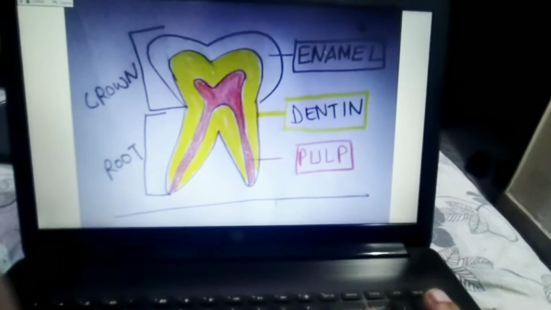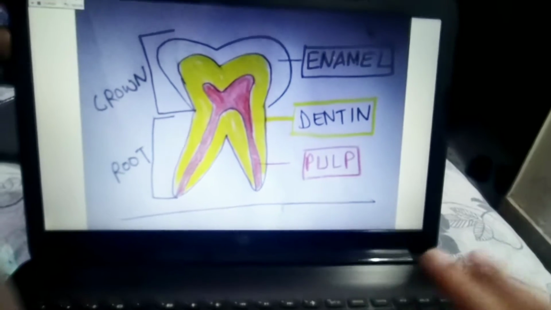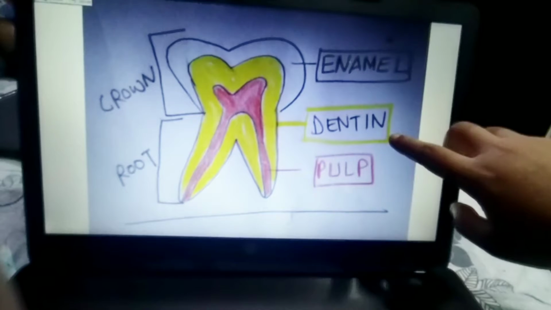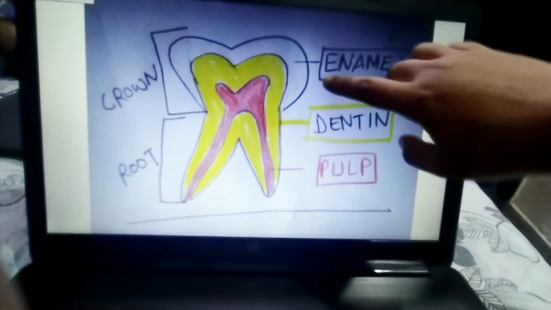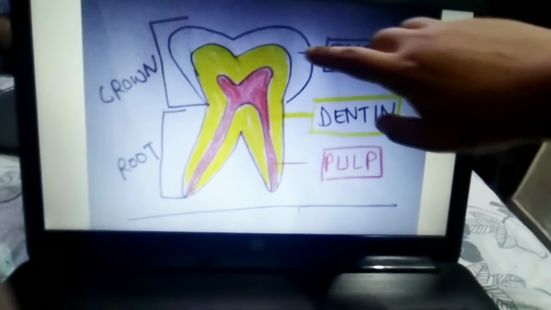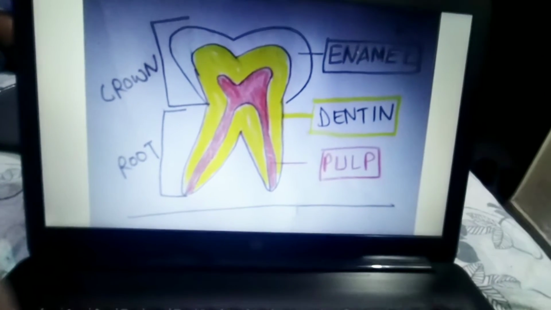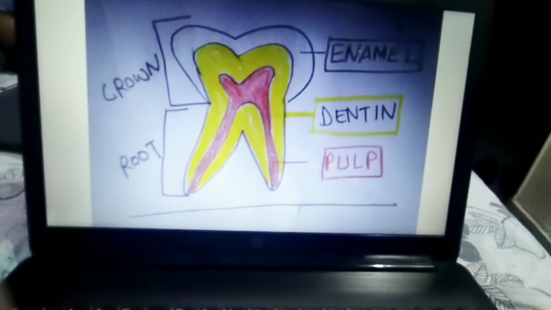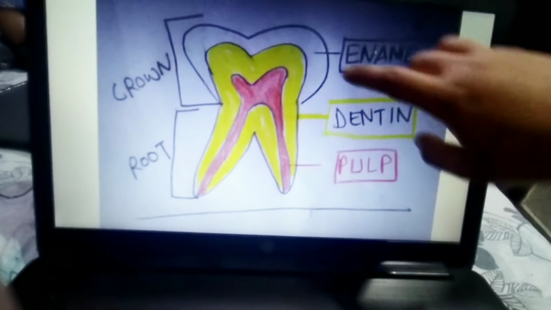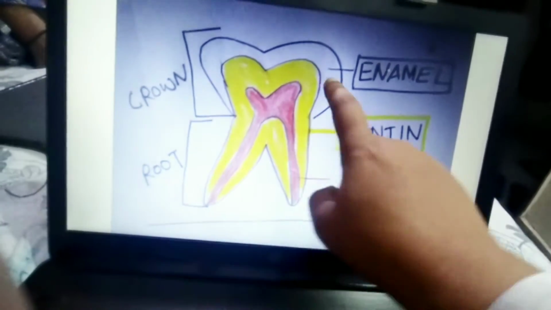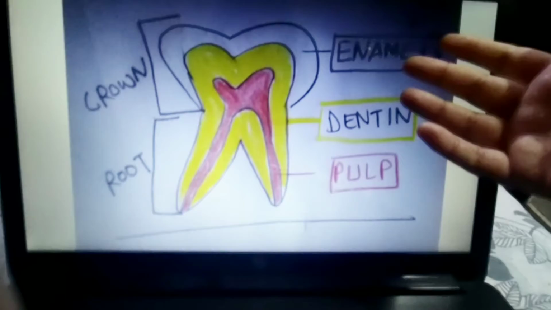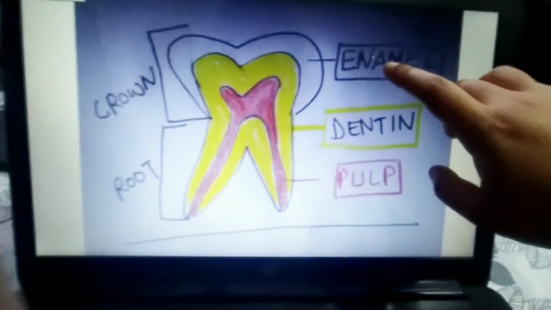Now this is a basic picture where you will be able to easily understand that you usually have three very important tooth parts or structures. One is the topmost, the white part that is usually seen in your mouth. That's your enamel. When you smile, the white part that you see is your enamel. Now inside that is your dentine, the yellow part. Enamel is covering your dentine, and that's why the dentine is not visible in the mouth. What is visible in the mouth is your enamel.